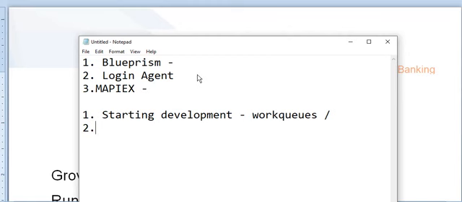In that case, you created some work queues, some trigger processes, some email processes, the login agent and user mappings,